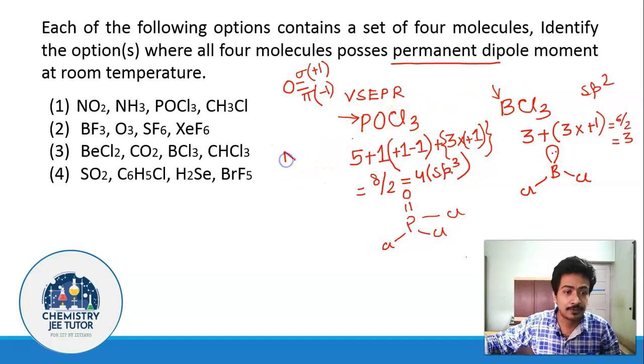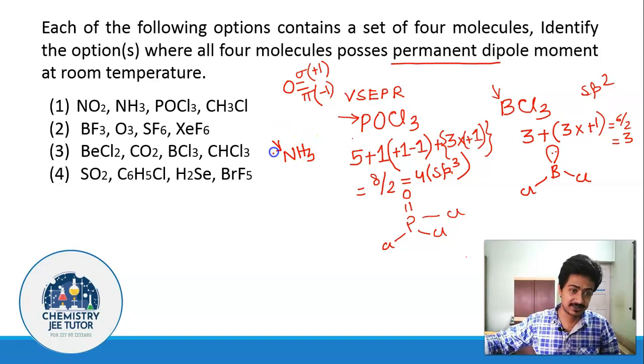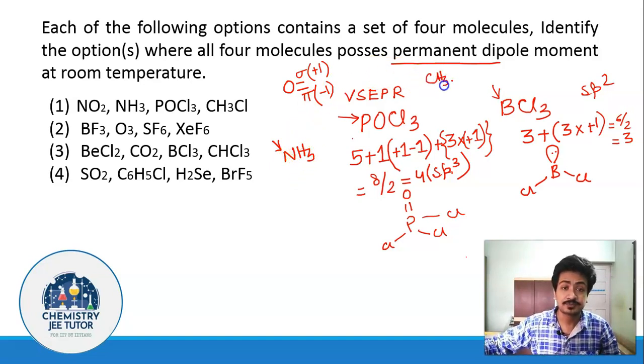So in case of ammonia, hydrogen is more electropositive as compared to nitrogen, but we are not going to consider hydrogen as the central atom. Instead, we are going to consider nitrogen as our central atom. So in cases where hydrogen is attached, just remember, we are going to consider the other atom as the central atom. Suppose in case of CHCl3, we actually leave hydrogen and then we consider the electronegativities of the other atoms. So in this case, if we leave hydrogen, we are left with carbon and chlorine. Carbon is more electropositive as compared to chlorine, so carbon is going to be our central atom.